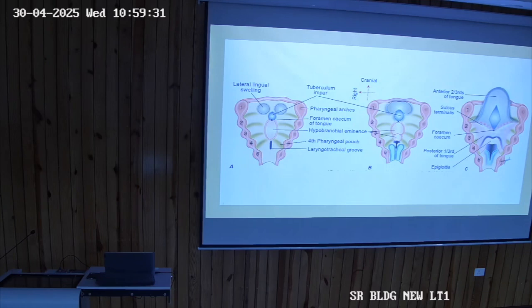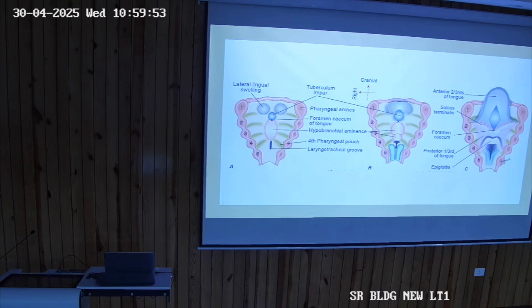So there may be a question which will be asked to correlate the development with the nerve supply of the tongue. Occipital myotomes, these are developed from the somites, so they carry their nerve with them. Their nerve is... which nerve supplies the muscles of the tongue? The tongue muscles.